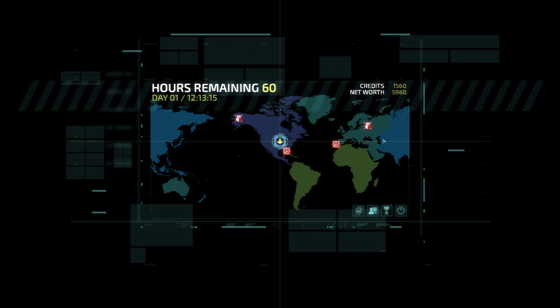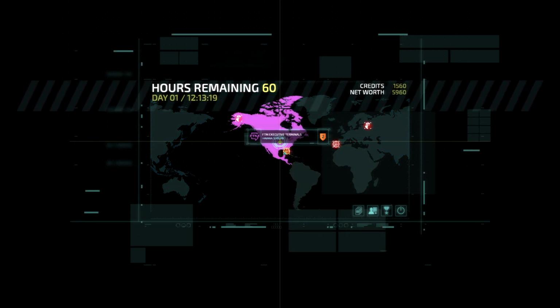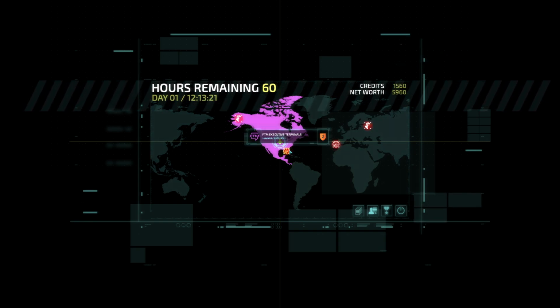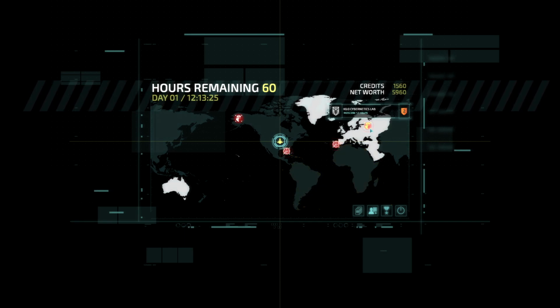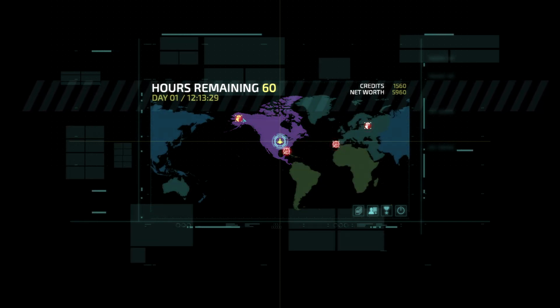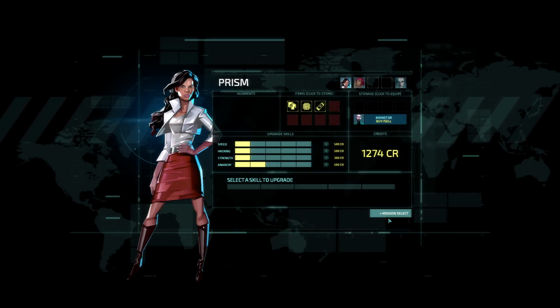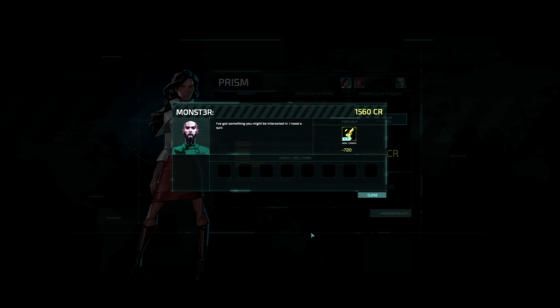Okay, we have 60 hours. None of these missions look very appealing to me. There are some level 2 missions already. You can upgrade some. Oh, buy and sell. Let's see what we can buy. You might be interested in. I need a quick decision. This thing's hot. Hand cannon. Hand cannon is a really good item, but for $720,